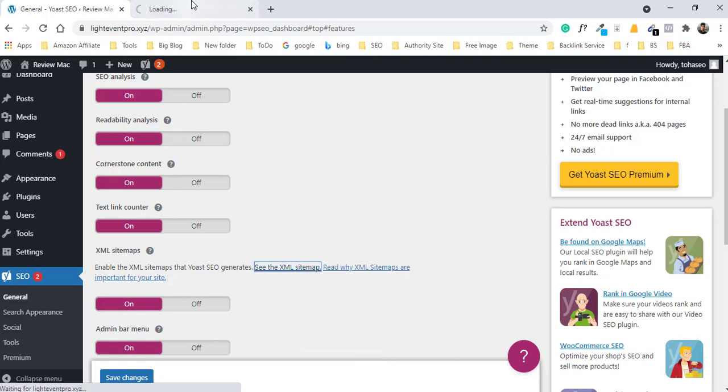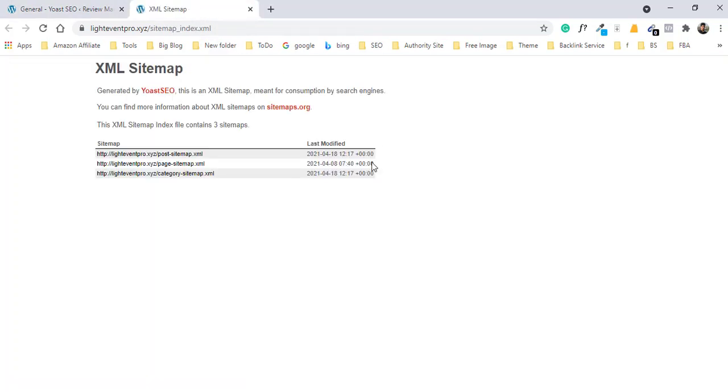Yes, this is your sitemap. In my sitemap you see posts, all my posts. If I submit this sitemap to Search Console, Google can index all my posts, pages and categories. So I keep only three things: my posts, my pages and my categories.